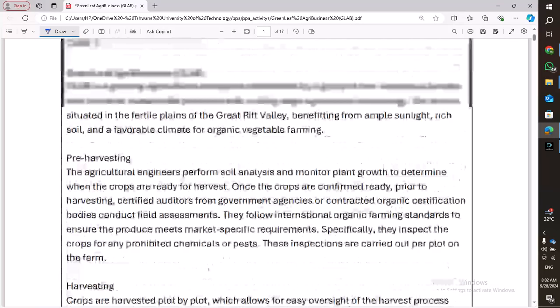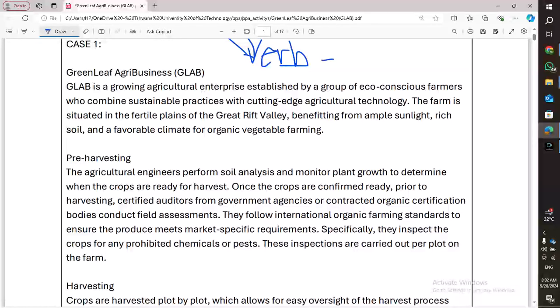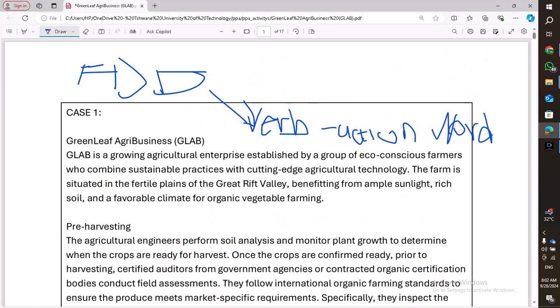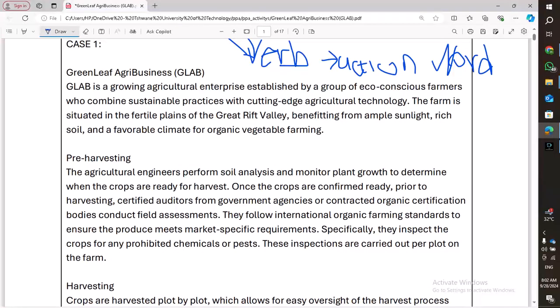So how can we look for the verb? The verb is an action word. It's an action word. So okay, this is how we can look, and then let's start it together. The case one says